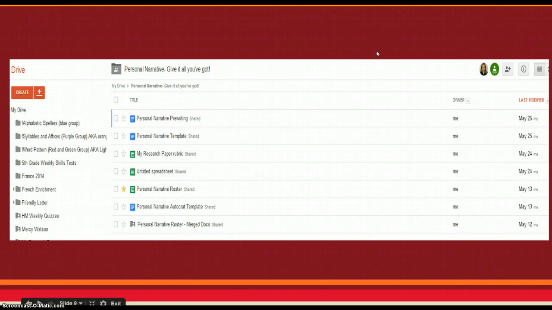The last device agnostic tool that I'm going to show you about today is Google Documents. Here you can see a screenshot of some Google documents that I use with my 5th graders. I use Google Documents for many, many things, and my students are almost always logged into their Google Documents because they do weekly skills tests in this area, which helps me with my formative assessment. They do some of their spelling work in this area. I use this for writing, so I can provide students with writing templates and rubrics, and then I can track